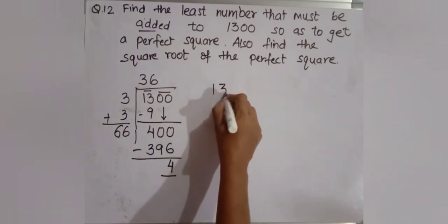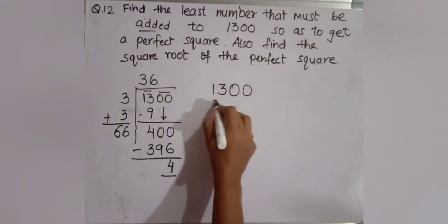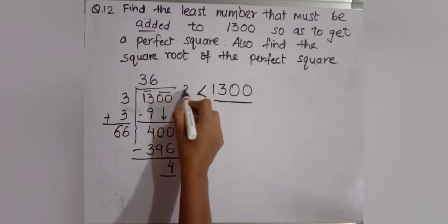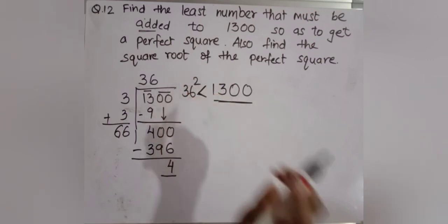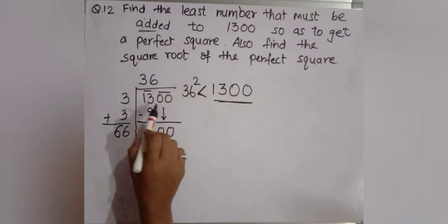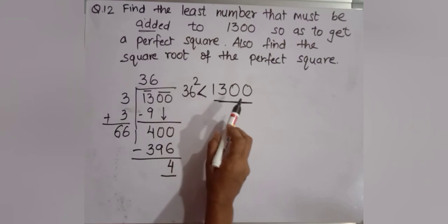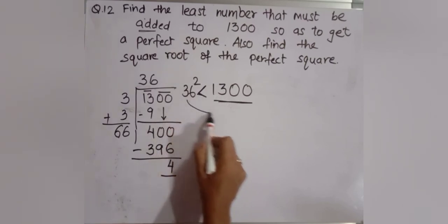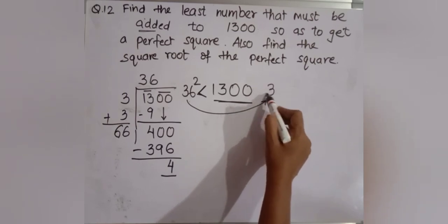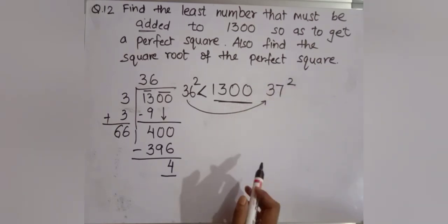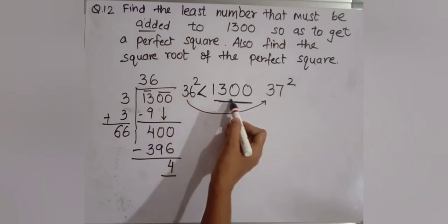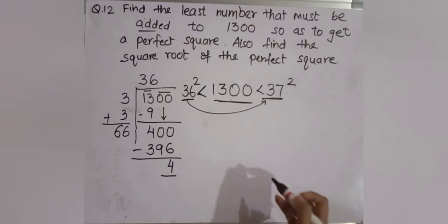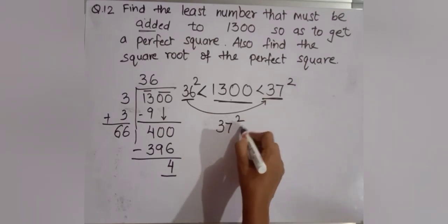So we can say that here 1300 is a number which is greater than 36 square. Okay, here 1300 is greater than the square of 36. Now the next number after 36 is 37. 37 square. It means 1300 lies between 36 square and 37 square. Now 37 square is